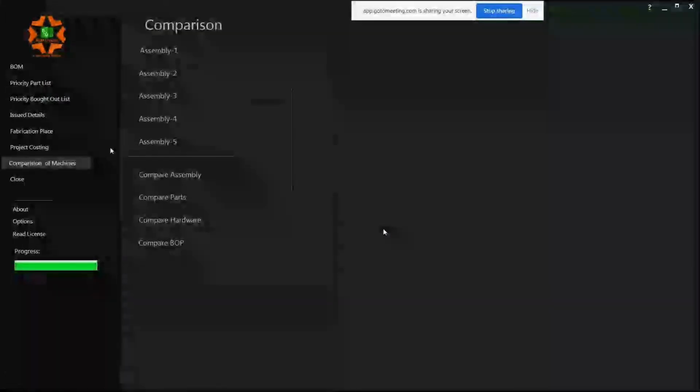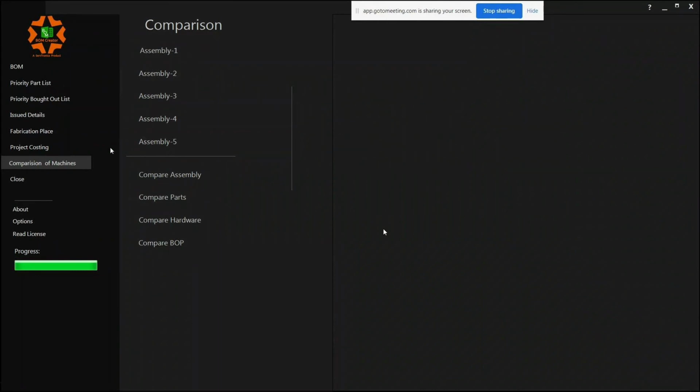Let's move to the last component of our presentation, which is the comparison of machines. We have been discussing handling of multiple projects during the presentation. As we are an SPM manufacturer, we get 5, 6, 7, 8 different models of machine, and eventually we get an order for 5 or 6 machines together. As a designer, we release all the drawings of the different machines separately, individually.